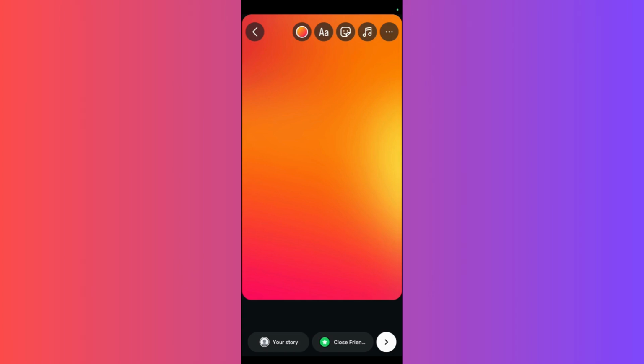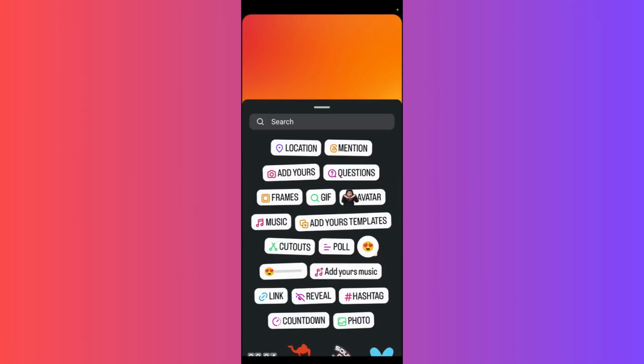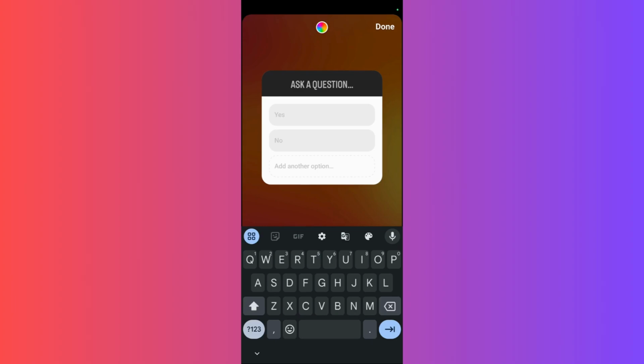And then once that is done, what you can do is simply click on this sticker icon at the top, and then now you can see this option which says poll. So click on this poll button, and now you can ask a question. So you can add any question like,